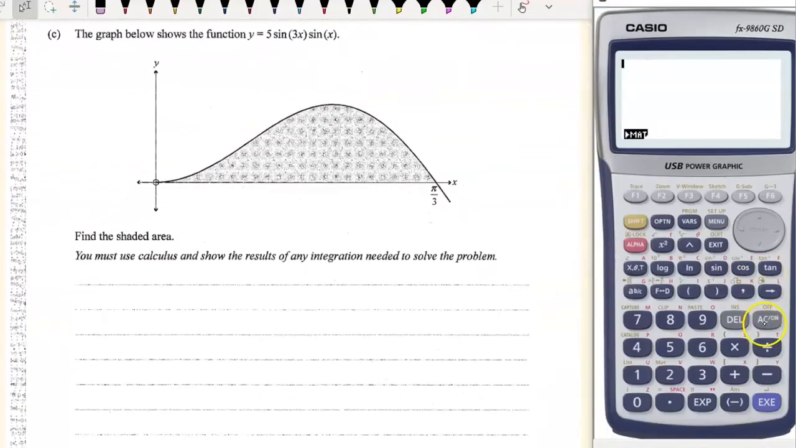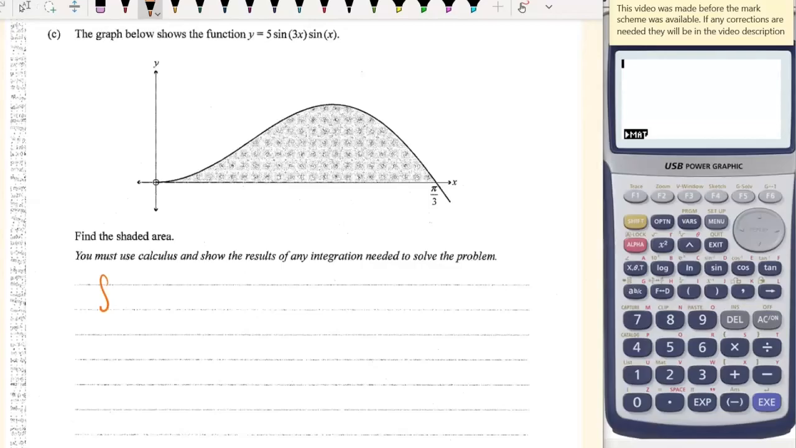Okay, part C, we have this curve. We're finding the area underneath it, so we need to integrate between 0 and pi by 3 for the function 5 sine 3x sine x. Now this function that we've got here, you need to recognize that as being one of the trig things that's on the formula sheet, and we can use the one that goes sine sine to separate it into two different